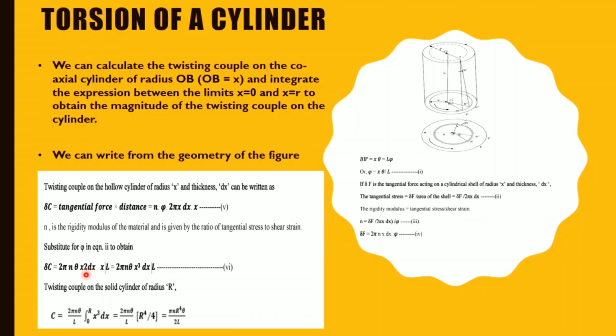Okay, sorry, this is not 2, this is x square. Okay, x square it is. That's why we are getting x to the power cube, because what is happening here? 2x is there, so x square, so this is our x square, and here one x is there, so we are getting x cube. So this is not wrong, this is x square.